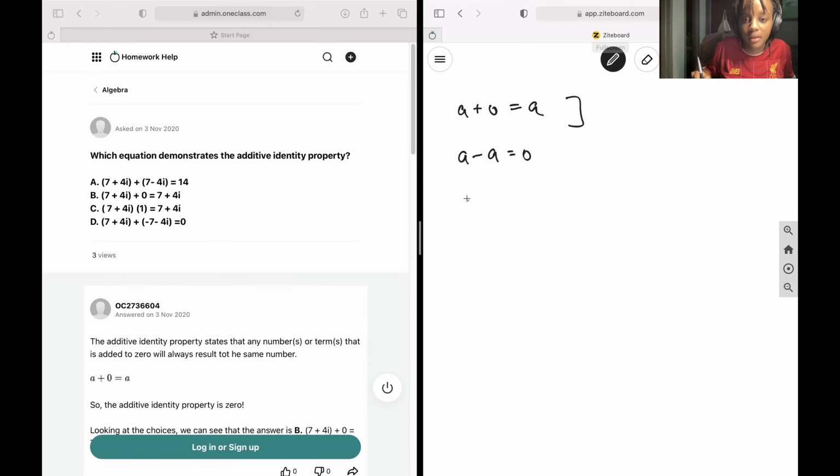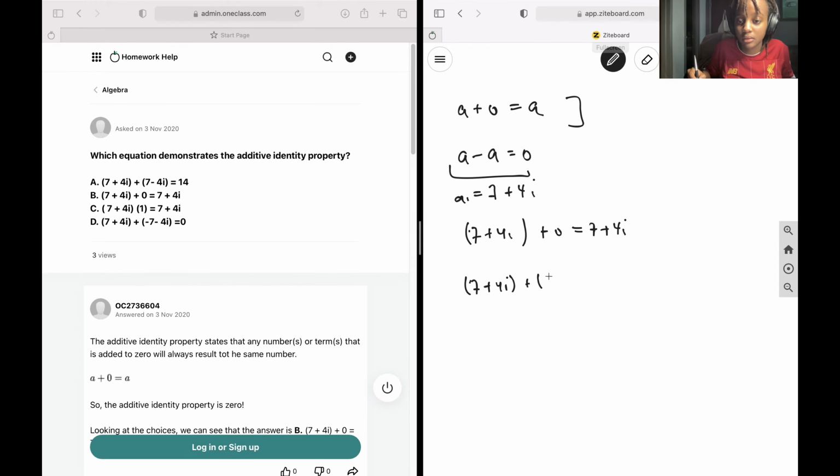Okay, so if a is equal to 7 plus 4i, that means we can write this equation in two forms, and that's 7 plus 4i plus 0 is equal to 7 plus 4i. Additionally, we can write it in this form too, and that's 7 plus 4i plus negative a, so negative 7 minus 4i